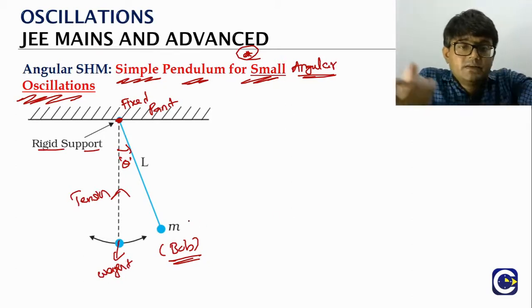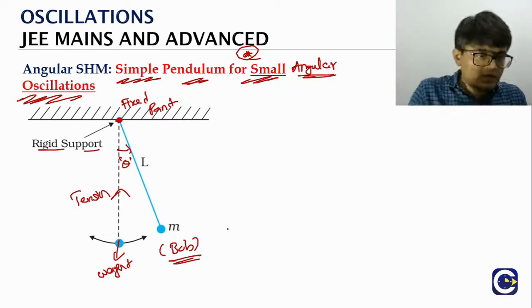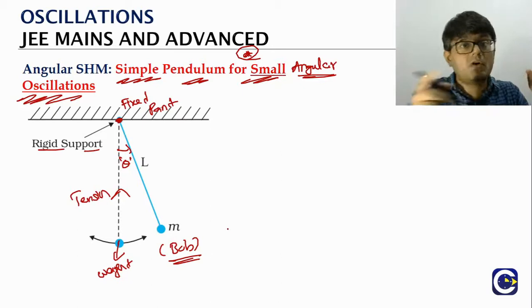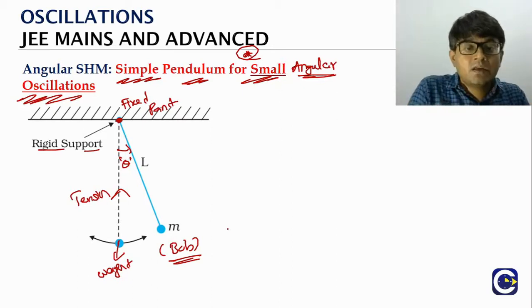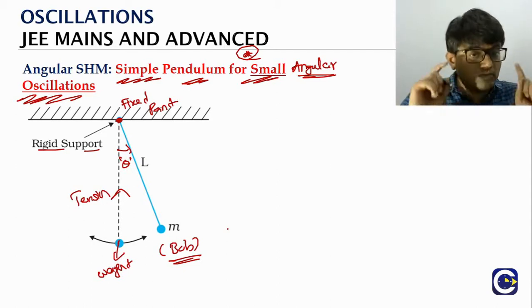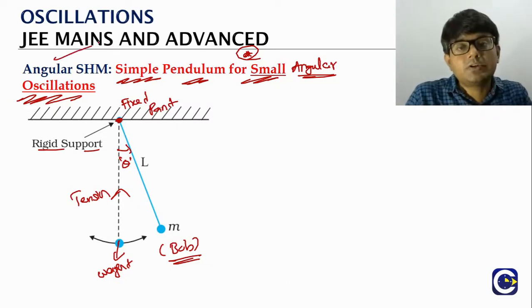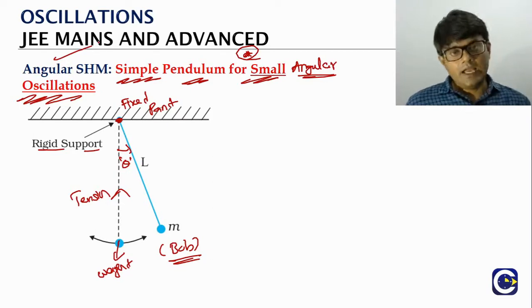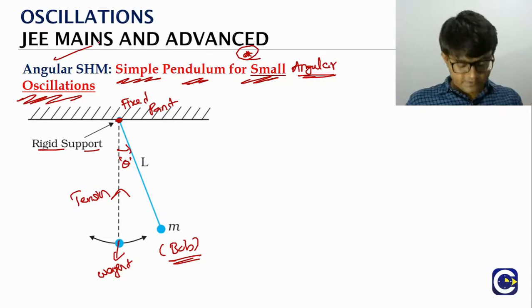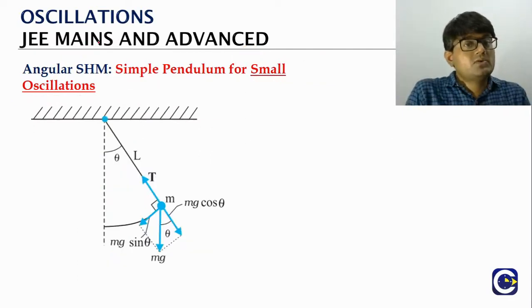Now if you just displace it a little bit, then what we will see is a very common observation. In the first part video also, we have shown that clock. The pendulum bob is going to oscillate with respect to the mean position. The thing is, we will first have to check and confirm whether this is an angular SHM or not. Then we will talk about the period of those oscillations. So first thing we have to check is whether it is an angular SHM or not. Then we will talk about the period of oscillation. So how do we check whether this is going to perform the angular oscillation, angular SHM or not?